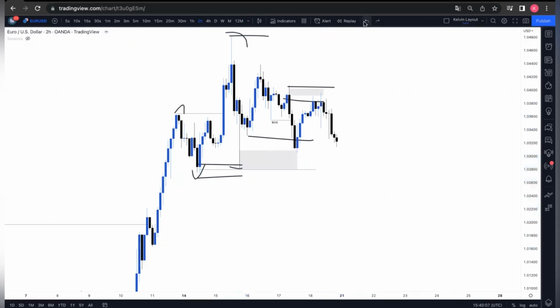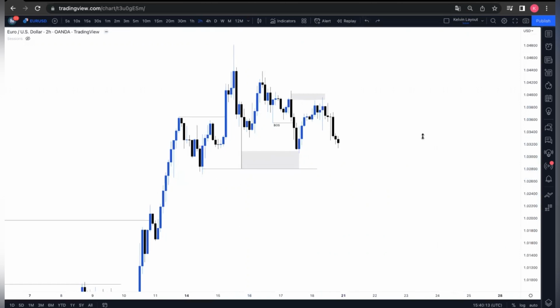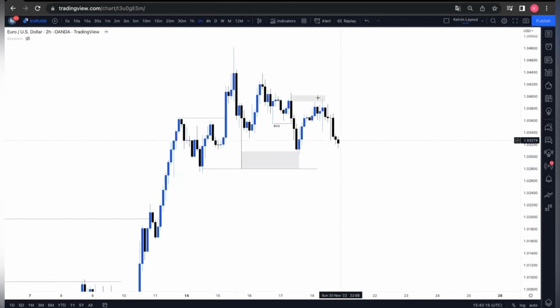Okay, so pretty much that's how we make sense of a setup from a higher time frame perspective. So that's pretty much what I'm looking for on EUR-USD for the next week. I'm seeing that price now just respected this supply zone. I'm looking to see price grabbing this week low right here, this one, and this swing one right here, right? This is just the swing week low